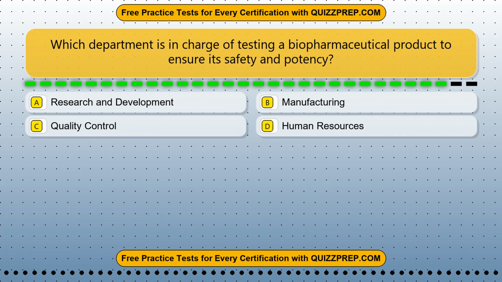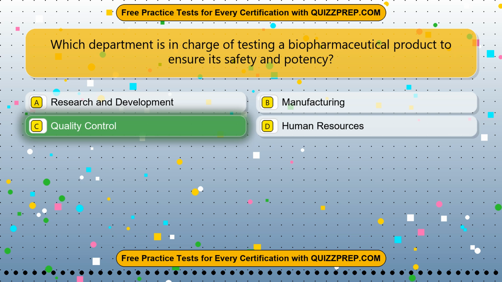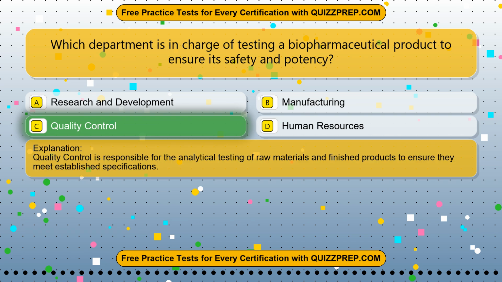Question 10. Which department is in charge of testing a biopharmaceutical product to ensure its safety and potency? Option A. Research and Development. Option B. Manufacturing. Option C. Quality Control. Option D. Human Resources. The correct answer is option C. Quality Control. Quality control is responsible for the analytical testing of raw materials and finished products to ensure they meet